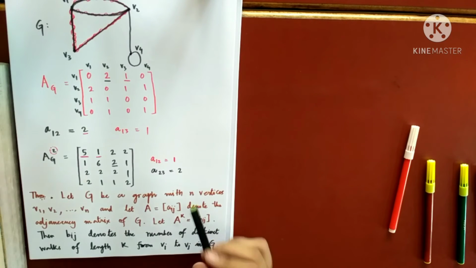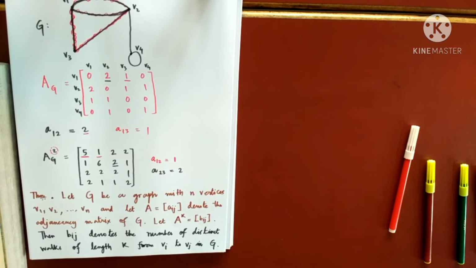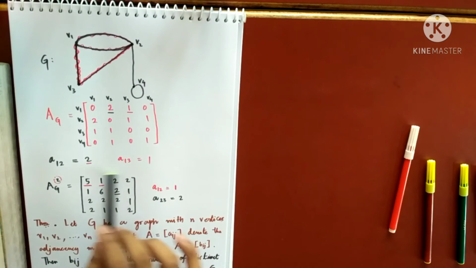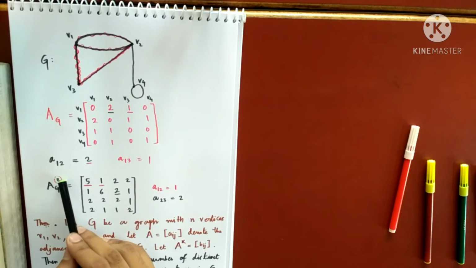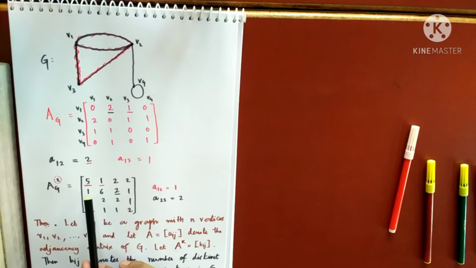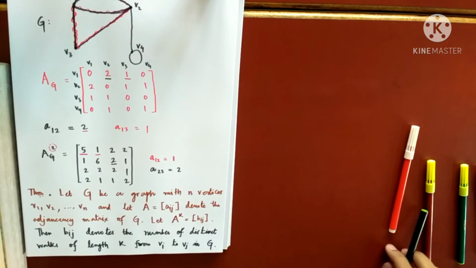This power, okay. Suppose you want to find walks of length 4, then you have to multiply the adjacency matrix 4 times, and the element Bij of that matrix will denote the number of distinct walks of length 4 from any vertex to any other vertex. Did you get my point? So these are all of length 2. Why of length 2? Because I am taking the square. So the number of distinct walks from V1 to V3 is 2. The number of distinct walks from V3 to V3 is 2, and so on. Am I clear or not clear?